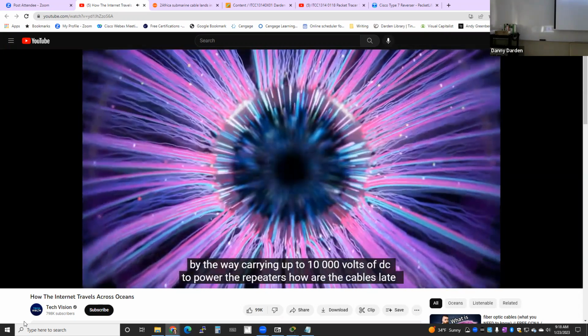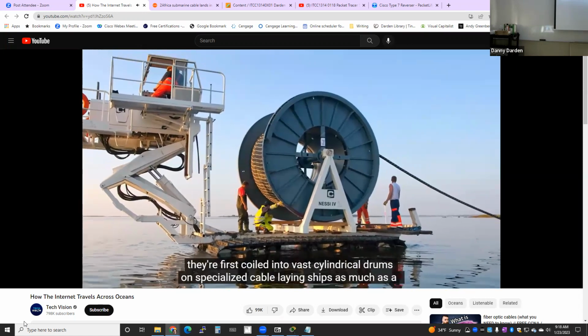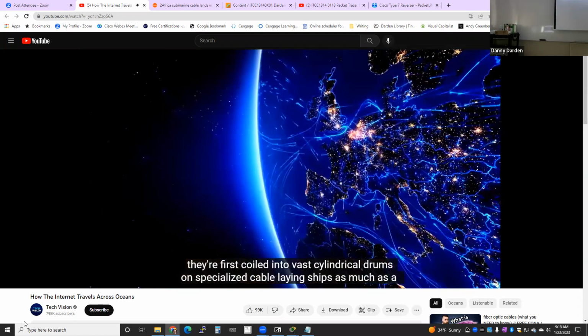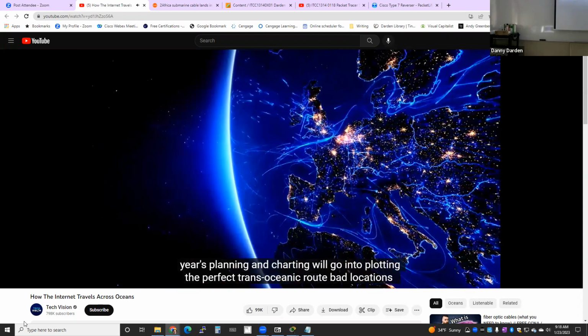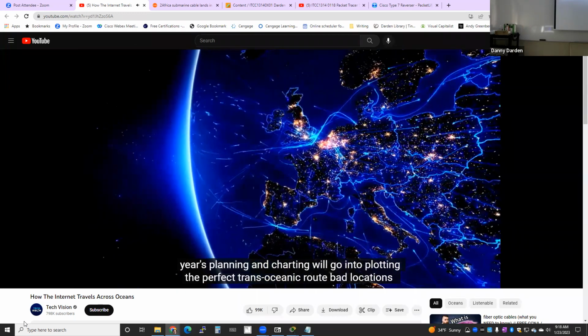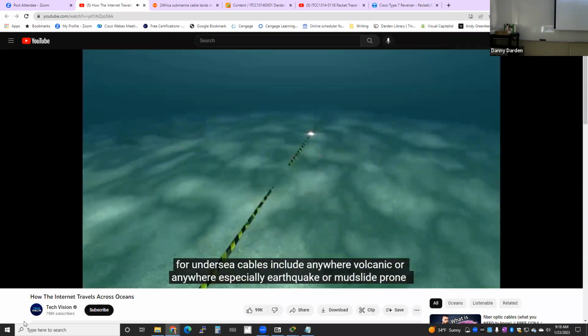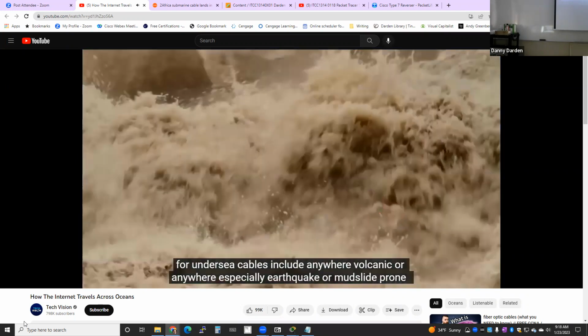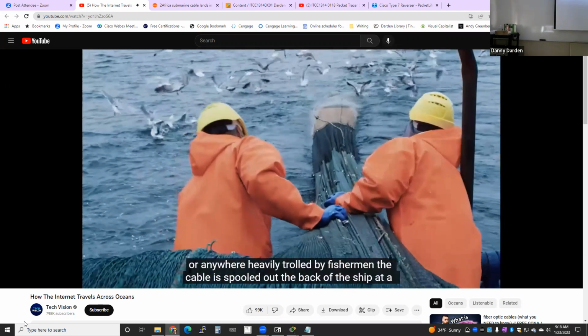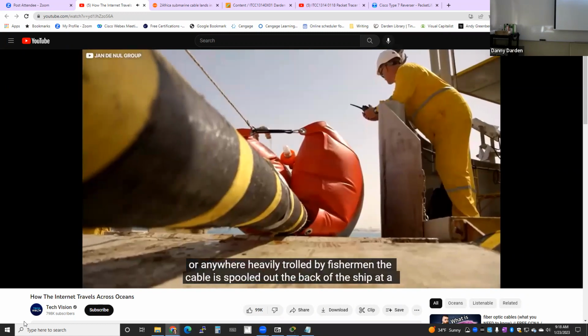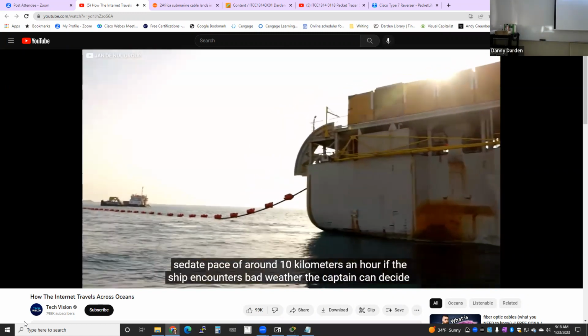How are the cables laid? They're first coiled into vast cylindrical drums on specialized cable laying ships. A great deal of the year's planning and charting will go into plotting the perfect transoceanic route. Bad locations for undersea cables include anywhere volcanic, anywhere especially earthquake or mudslide prone, or anywhere heavily trawled by fishermen. The cable is spooled out the back of the ship at a steady pace of around 10 kilometers an